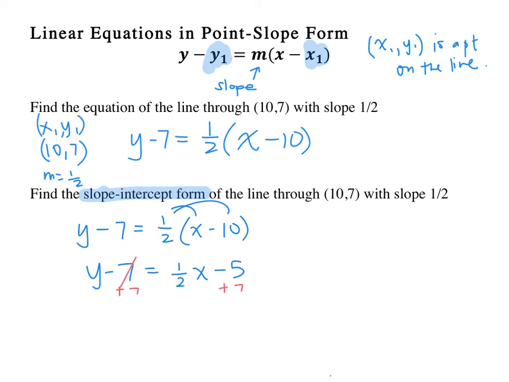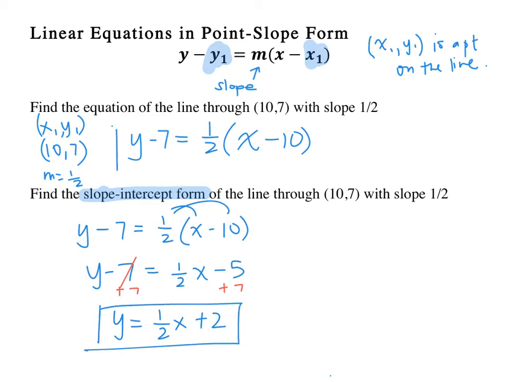That will cancel and give me y is equal to 1/2 x plus 2. So this is the same line, but now in slope-intercept form. You'll notice that I'm given a point and a slope, so I cannot put it automatically into slope-intercept form. What I'm going to do is put it into the form that has the information that I'm given. So I'm given a point and a slope. Once I see that, I already know I need to put it in point-slope form, and then from there